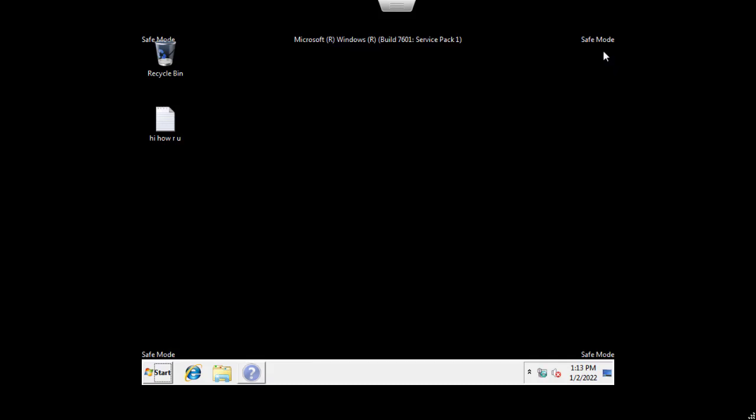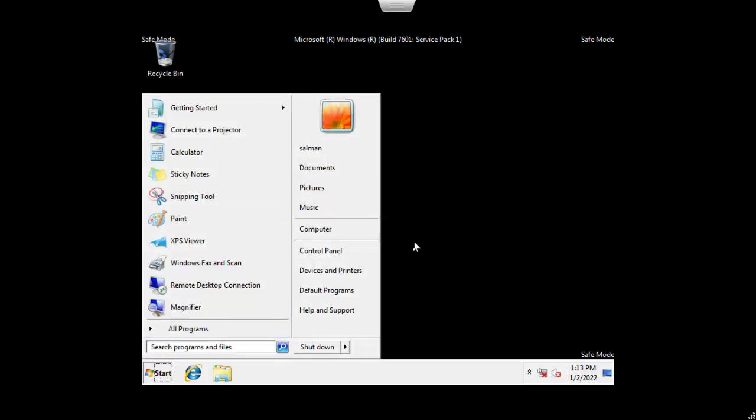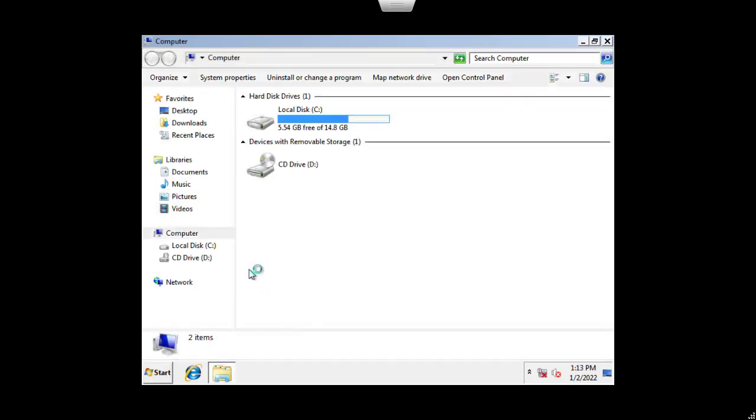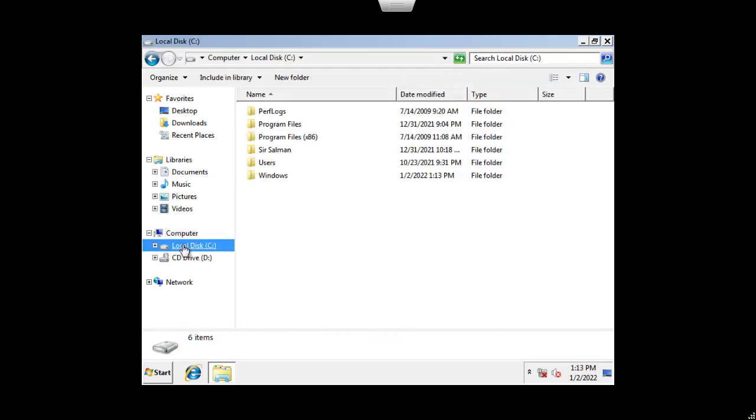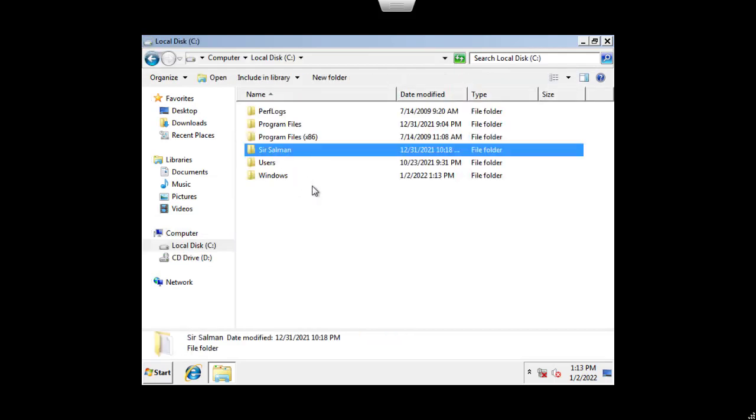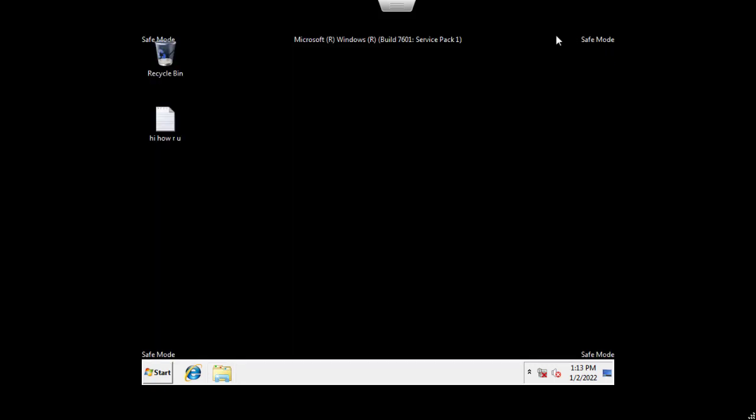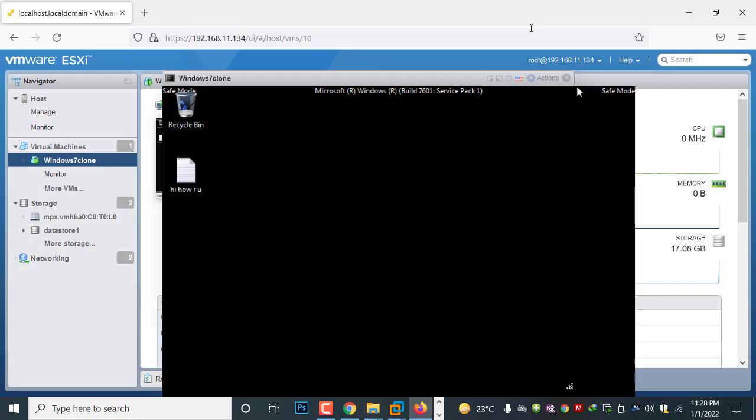You can see it looks like it is running from my server, but it's mounted on my server and running from my backups. So you can easily work on your server. And if you are happy, as you can see, this is my folder which I created in my last video. So if you are happy with this server, now the second most important step is to migrate this machine